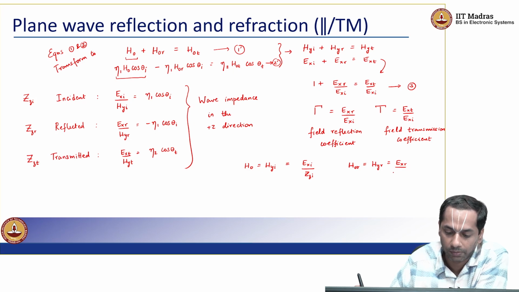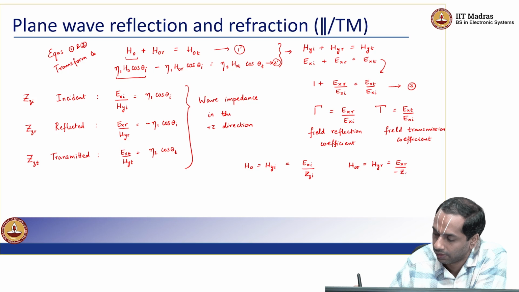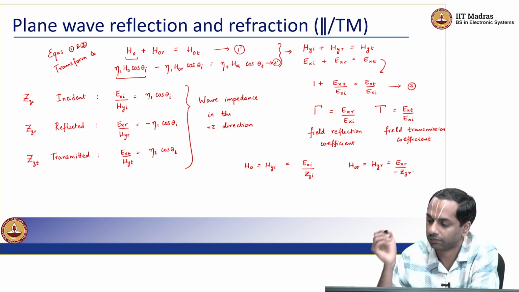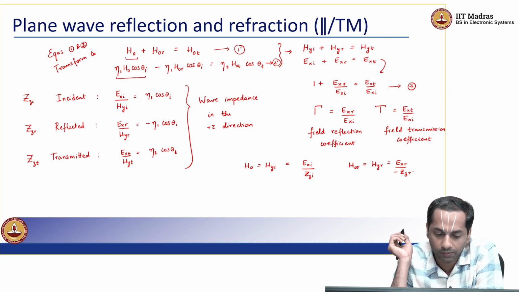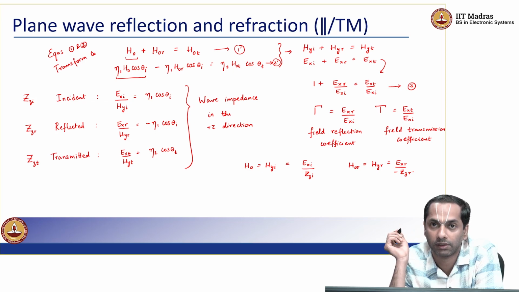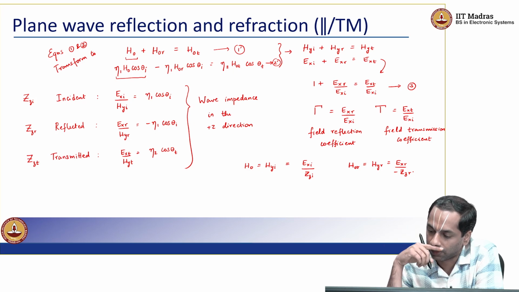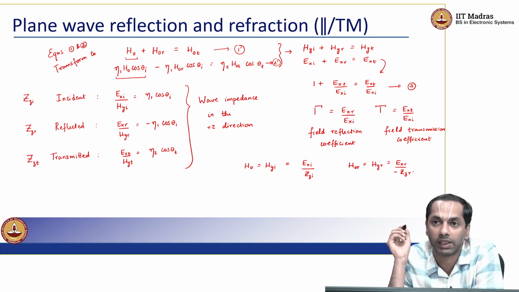Remember Zzr is minus eta 1 cos theta i, so I have to have a minus sign. So Hyr is Exr by minus eta 1 cos theta i, and Zzr is minus eta 1 cos theta i,